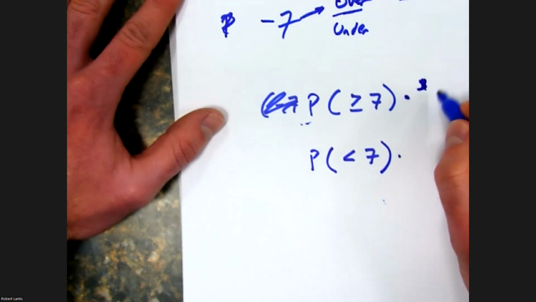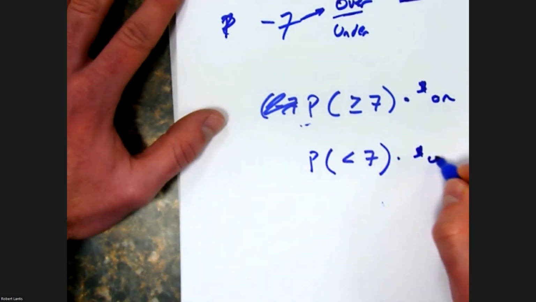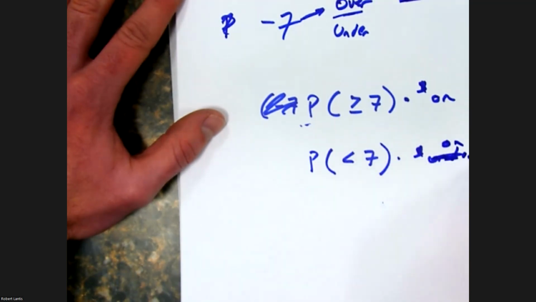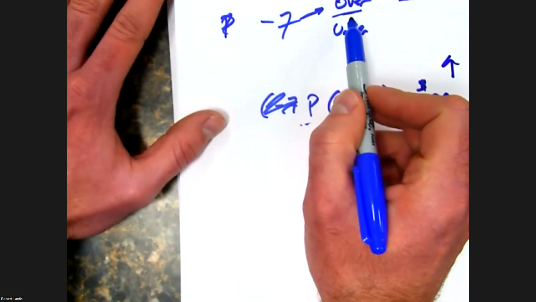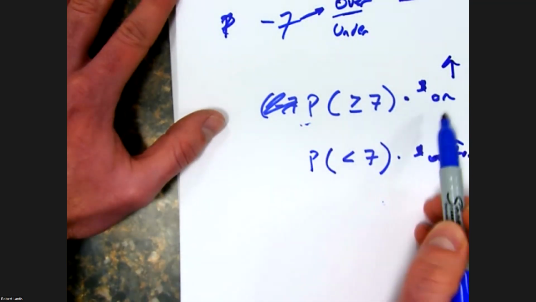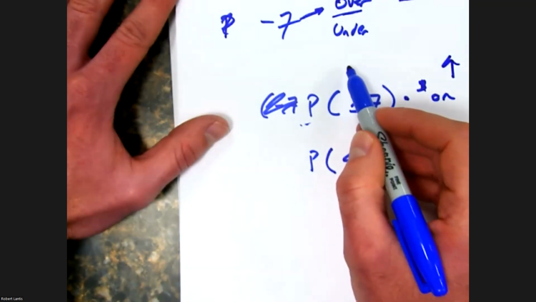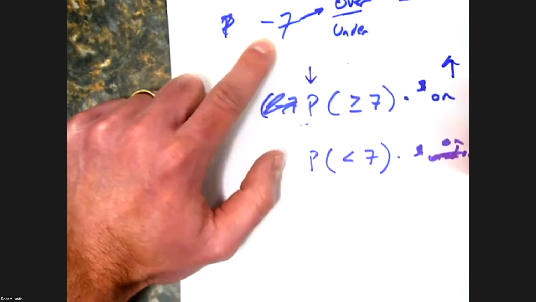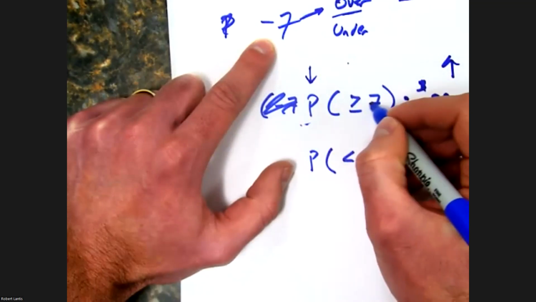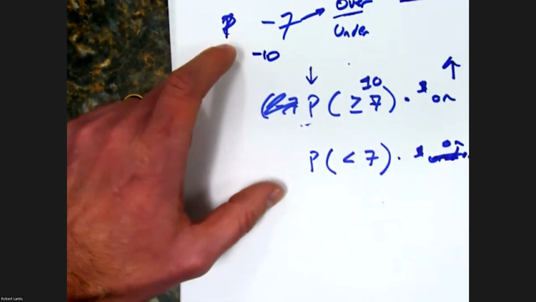So this would be the amount of money on that they win by more than 7 points. This is the amount of money on that they win by less than 7 points. If people start betting a lot more that this point spread is covered, then I need to make sure that this is equivalent to this. So what do I start doing? I start moving this down. If it's -7, I actually have to move it to something like -10.